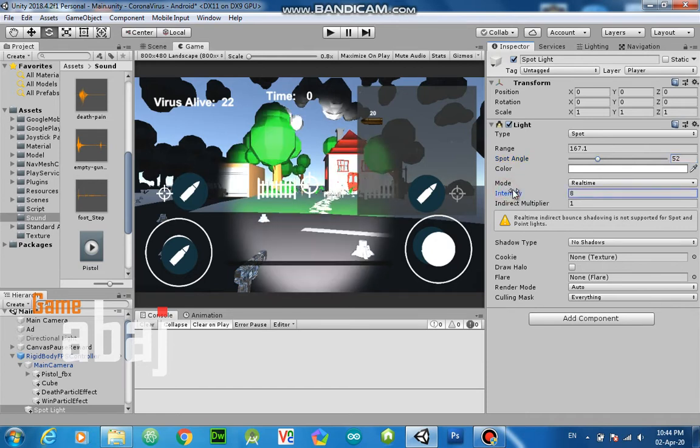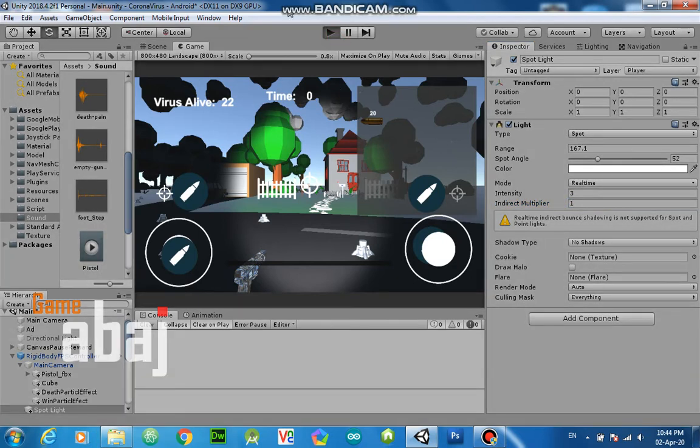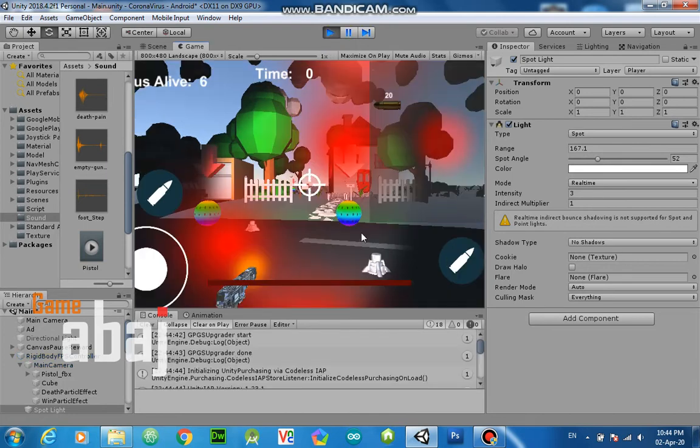As I increase intensity, the light increases, and it looks perfect at 3. This does not do anything, so make it 1. So that's how it looks, and let's see in real time how it looks.